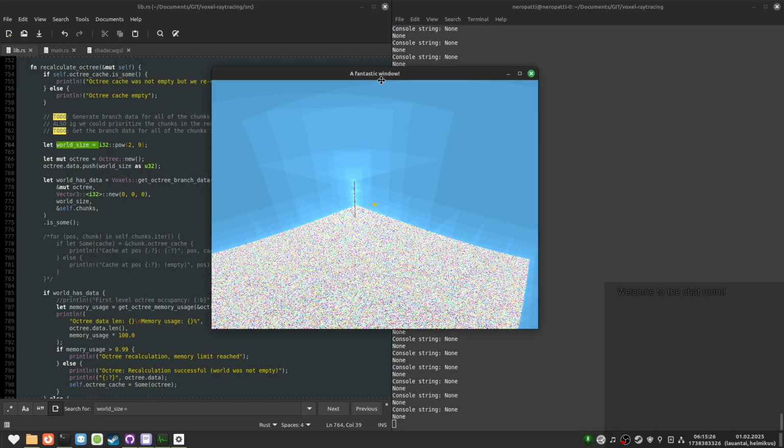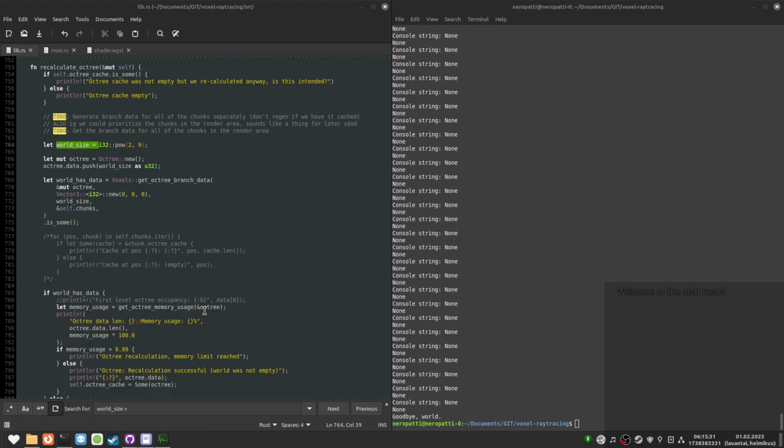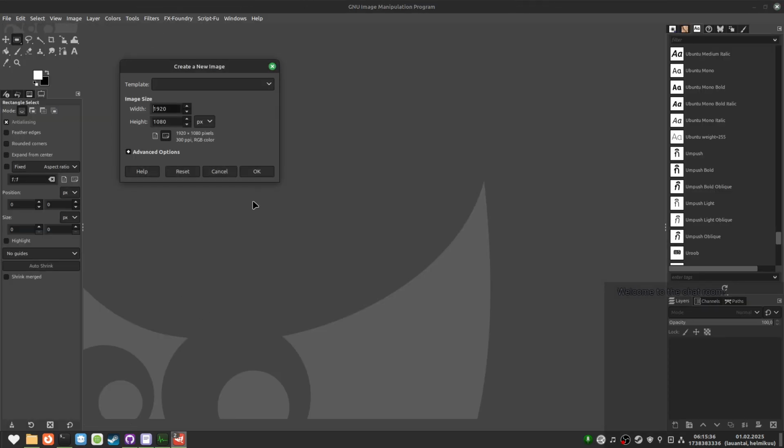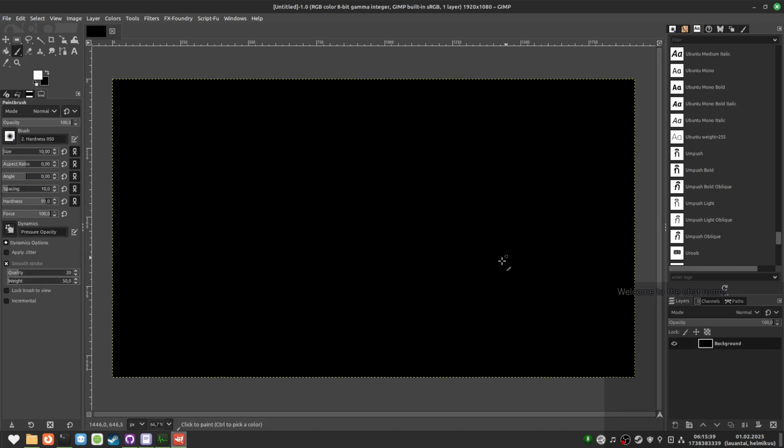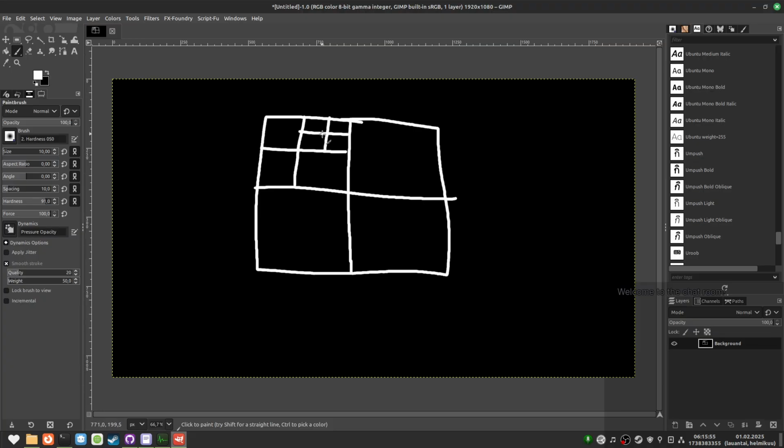Anyway, the reason why we generate a bunch of nonsense branches is because we have the world here, divided into 4, like usual. Let's say we only have voxels in this document, right? So some stuff here, and this would be divided into further chunks and whatever. So if I place something in here,